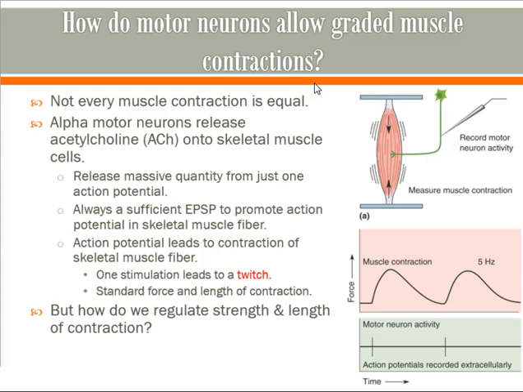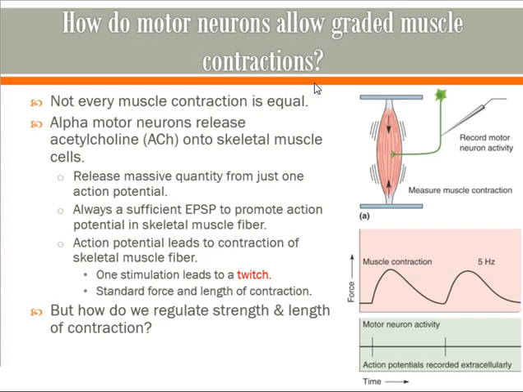So that's what this is asking about. How do we get nice, long, continuous, graded contractions? Graded contraction means it can occur over long, extended periods. It also means it can occur over variable amounts of force, and it's not herky-jerky. It's these nice, continuous kinds of motions. So how do we do that is the next question. Let me just read through this because I feel like I approach this differently.